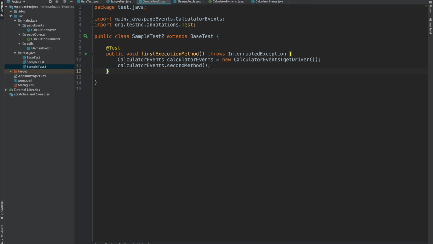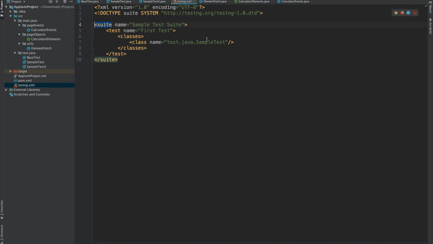So usually we have a testng.xml file like this, inside which we have a class and then surrounded by the test and surrounded by the suite name. Now we need to make the changes here so that we can basically execute our script parallelly. As our base test is expecting 3 parameters from the testng file, let's add those parameters here. For that I will be going inside the test tag and I will be writing parameter here along with the name and the value. As we are sending 3 parameters into the base test, let's copy paste it.